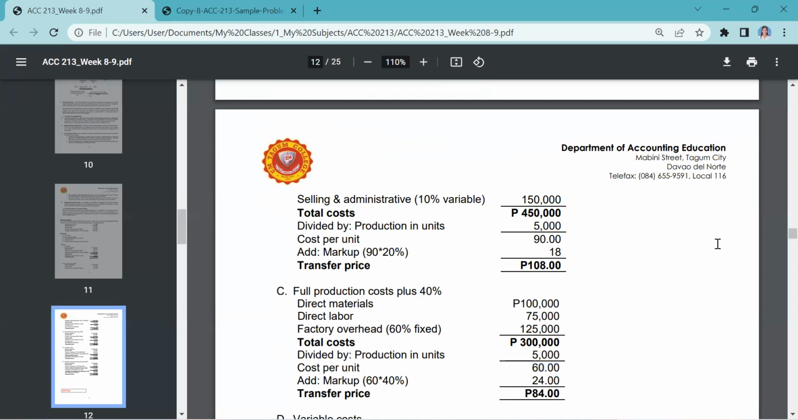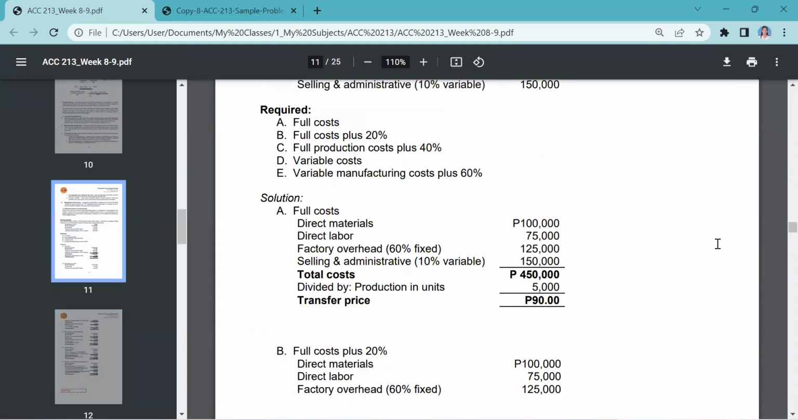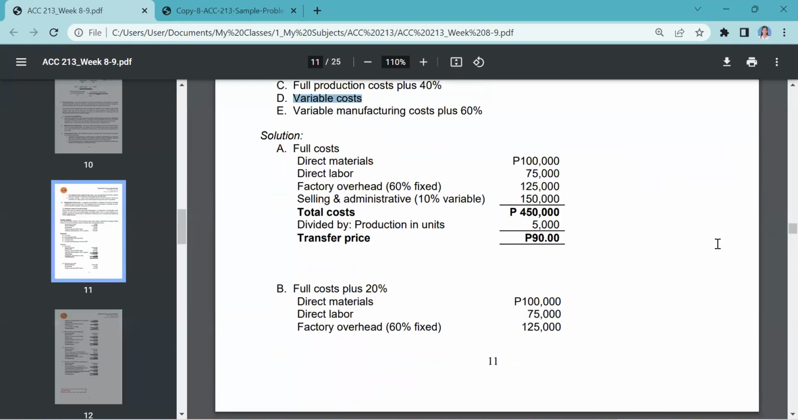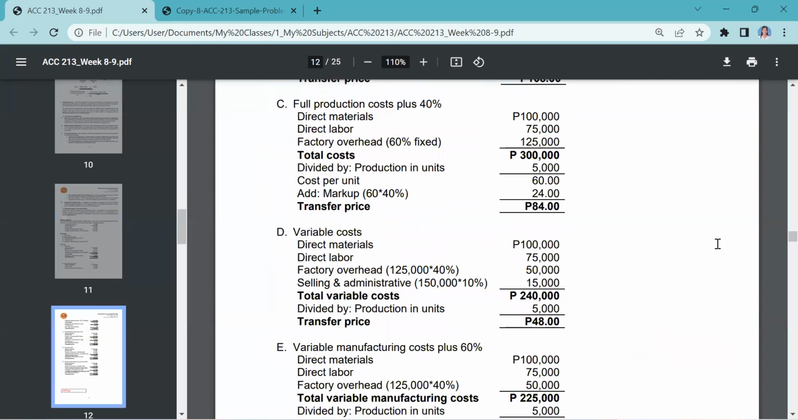So the total transfer price will be 84 pesos. Sa letter D, yung ano niya, variable cost daw or yung mga differential cost. So ano lang man yung mga variable cost dito? You have direct materials, you have direct labor, then 40% of 125 and then 10% of 150. So ito yung computations niya,